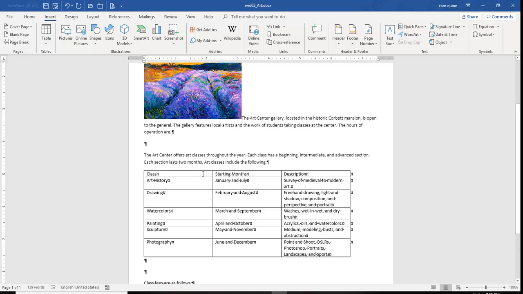Okay, I'm going to get rid of that extra paragraph marker that was added, so I'm going to just hit delete so that you can see that you have the Art Center offers art classes, then you have your table, and you have a paragraph marker, and then you have the text class fees are as follows. All right, I'm going to position my cursor to the left of class fees are as follows,